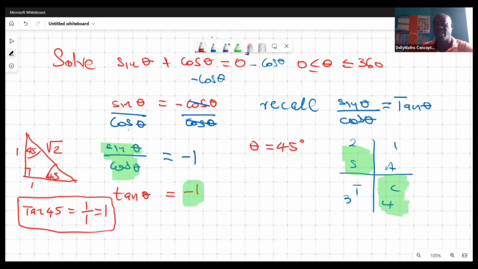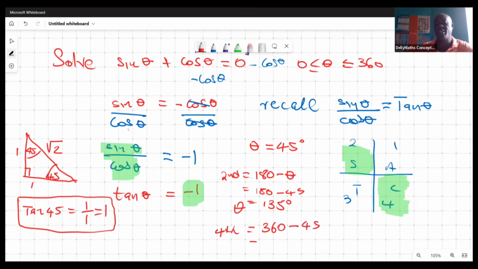In the second quadrant, as you could see here, it's going to be 180 degrees minus my acute angle. That is going to be 180 minus 45, and I'm getting 135 degrees, which means a tangent of 135 will give me negative 1. In the fourth quadrant, how do I find my angle there? It's going to be 360 degrees, and I'm going to take out that 45 degrees, which is going to leave me with